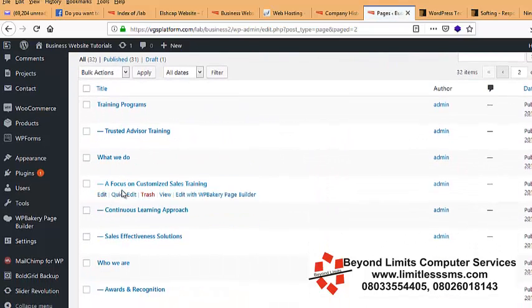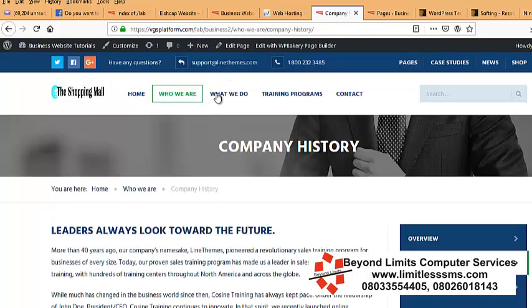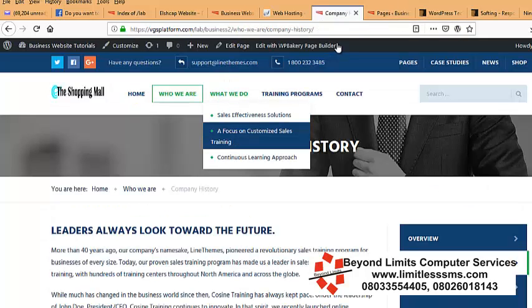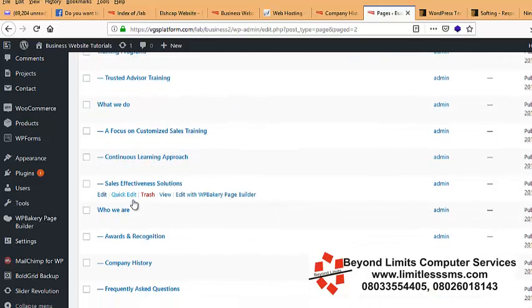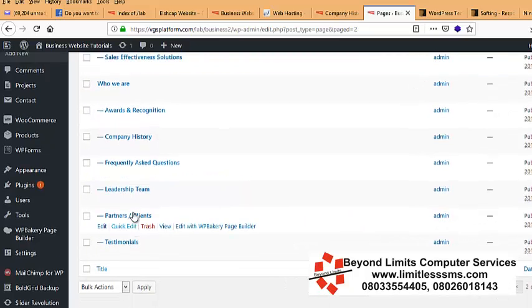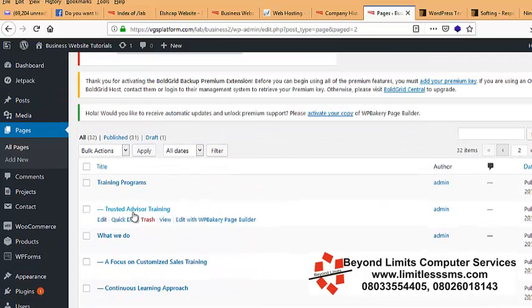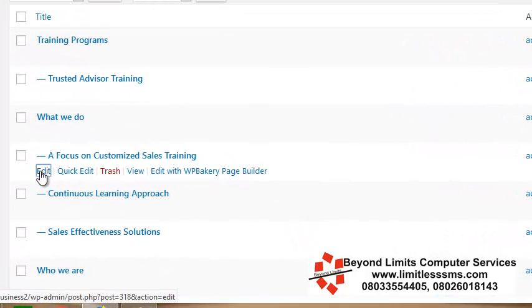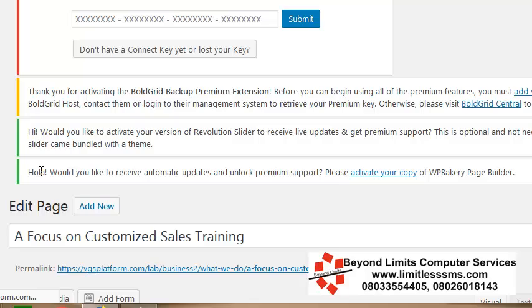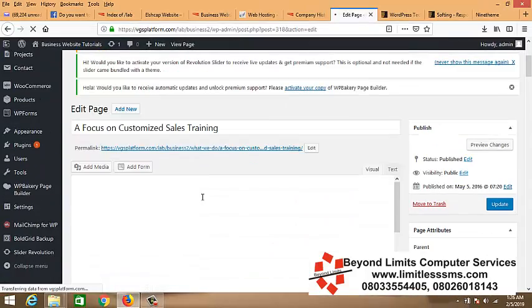What we do, can you see? Which is exactly what we have under here: sales, a focus, customized sales. So you can see all those articles controlling those pages. So if you need to work on any of those articles, let's go to this what we do. For instance, if I do an edit on focus on customized sales training, okay, so this is the